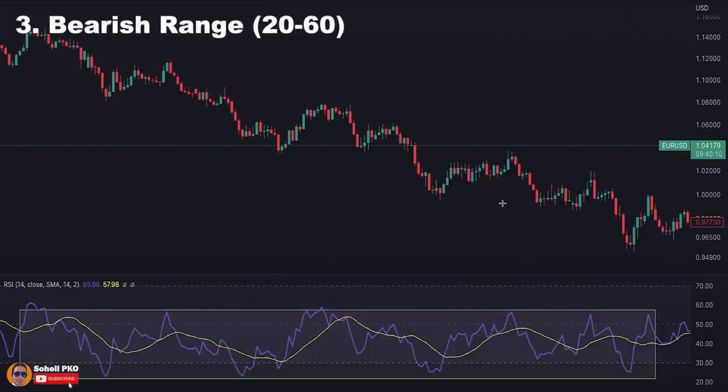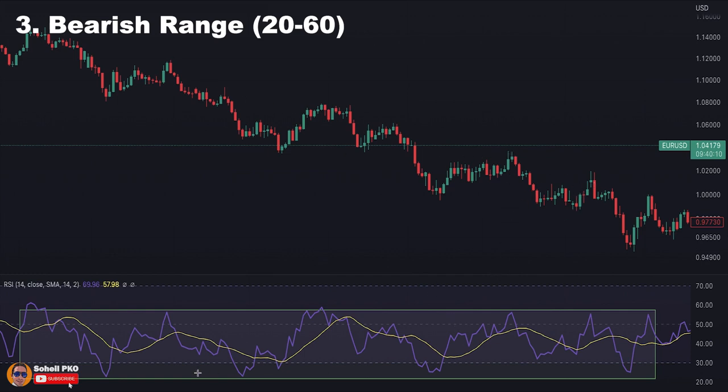The third one is bearish range, where the RSI is more likely to oscillate in the 20 to 60 range. In fact, when the price is in a downtrend, RSI encounters resistance around 60 rather than reaching the overbought level of 70. Here 60 is an overbought reading, playing as a resistance level or a supply zone, so declining of the price is expected, which can provide a good opportunity to enter a trade in the direction of the